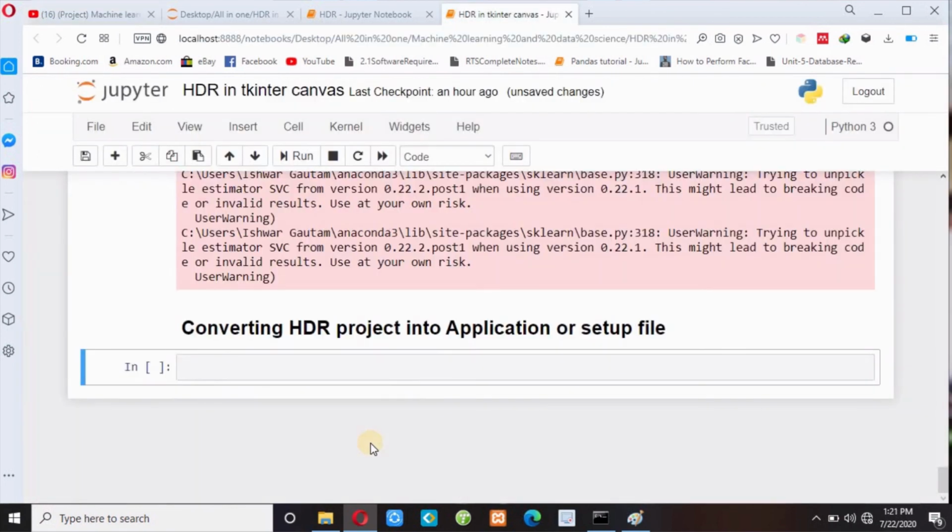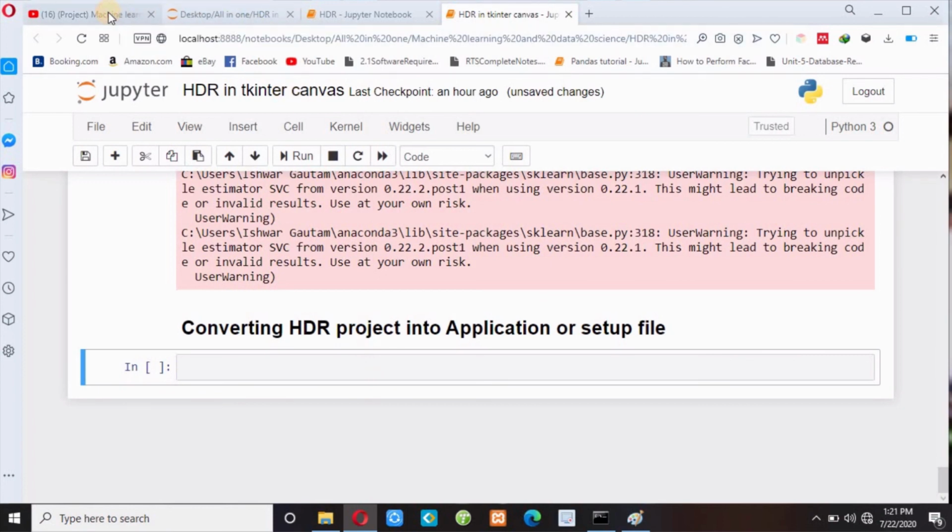And guys, next thing, you can convert your HDR project, meaning handwritten digit recognition project, into an application or setup file. Actually, you can convert your whole project, either HDR or face recognition or any project, into an application or setup file.